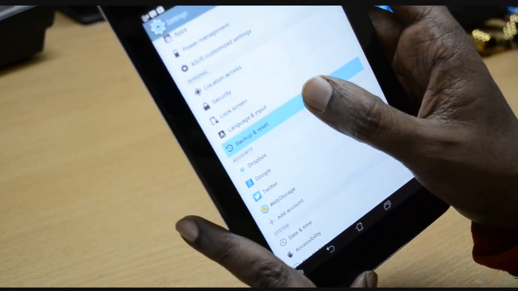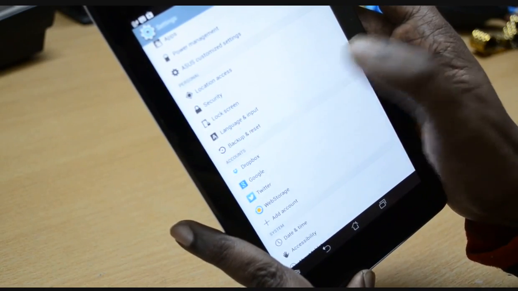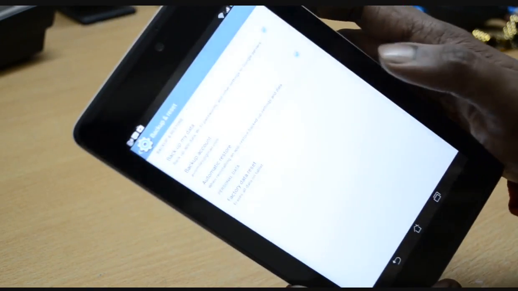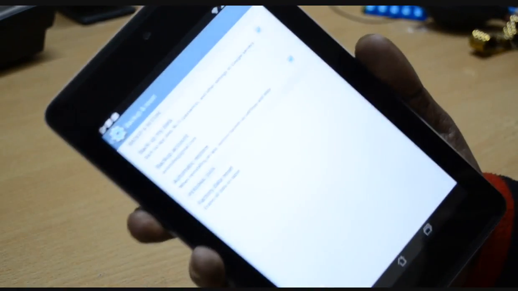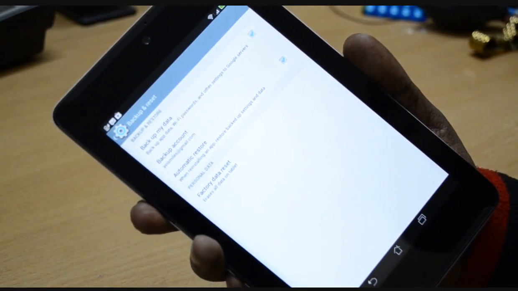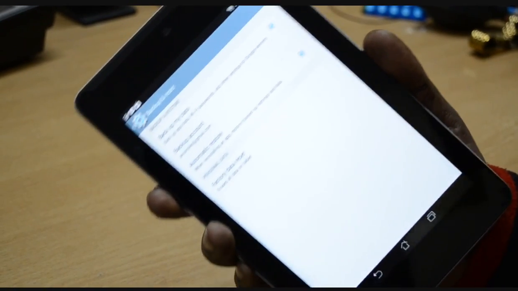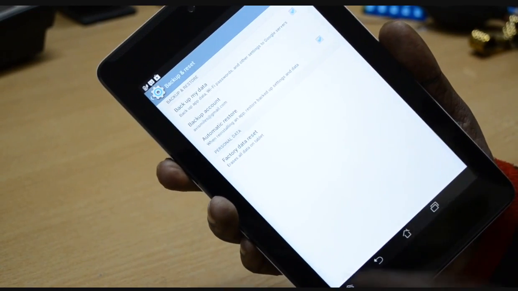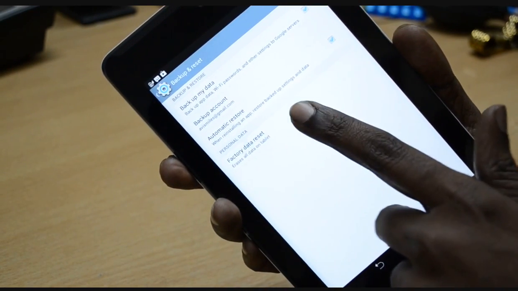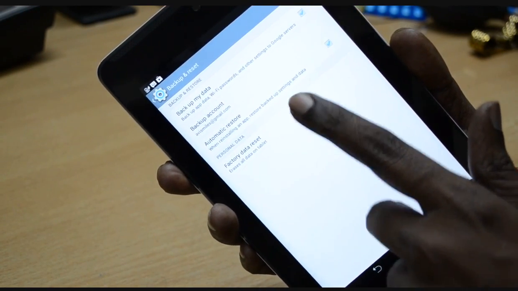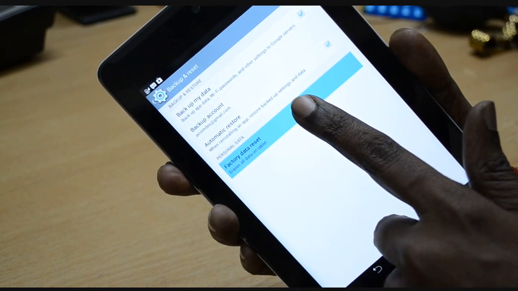Hopefully you can see that backup and reset tab. Just click on it. You'll be presented with a screen which will show you the details, right? Here it is. On the last option here, you'll see a factory data reset option, right?